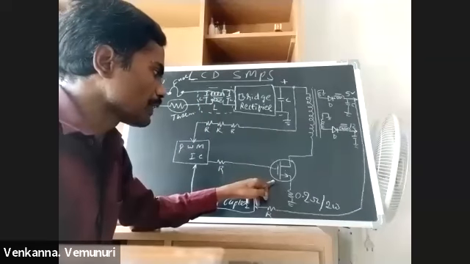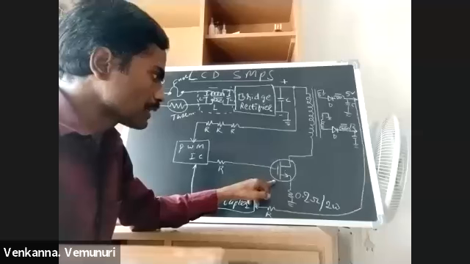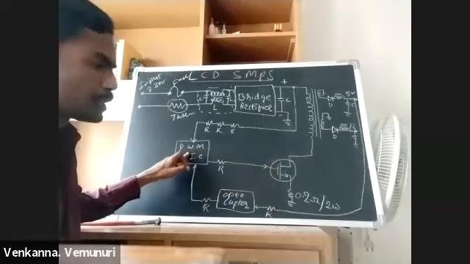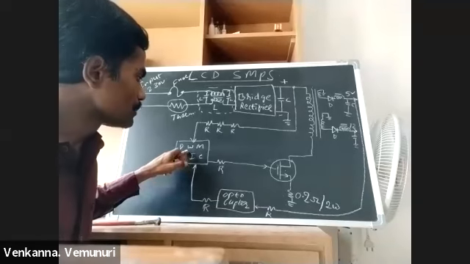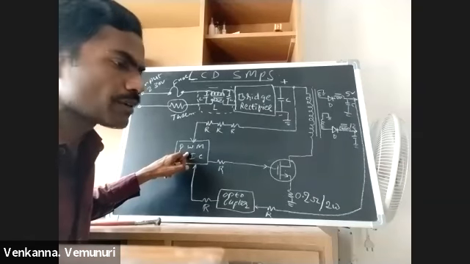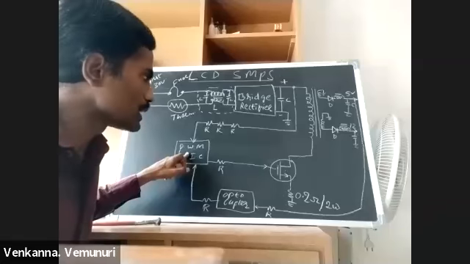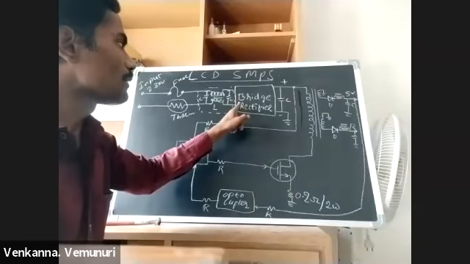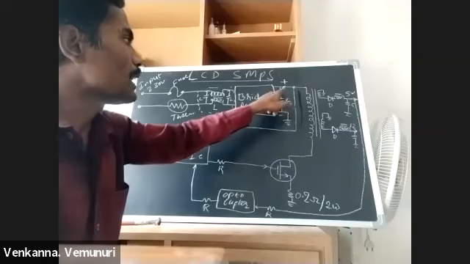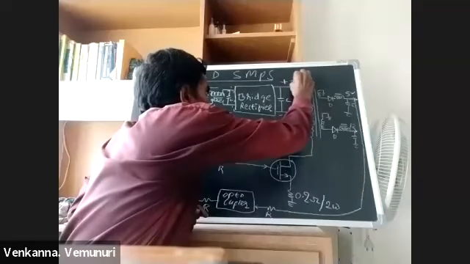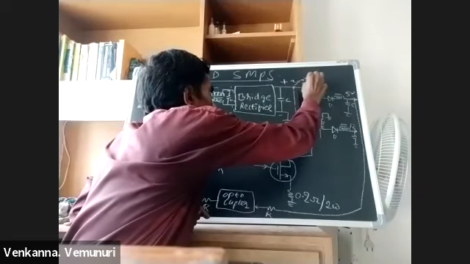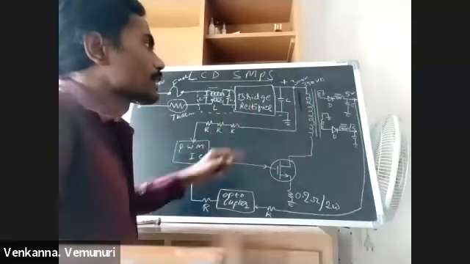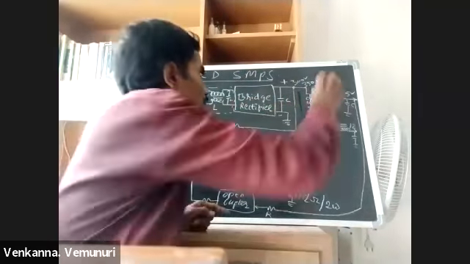Now, this switching FET is switching with the switching signals. The switching signals are generated by this PWM IC. And this PWM IC also works with some voltage, 12 volts or 18 volts DC. That supply is coming from this main supply. After converting AC to DC, here we are getting 300 volts to 350 volts DC. After the capacitor, we are getting 300 to 350 volts DC.